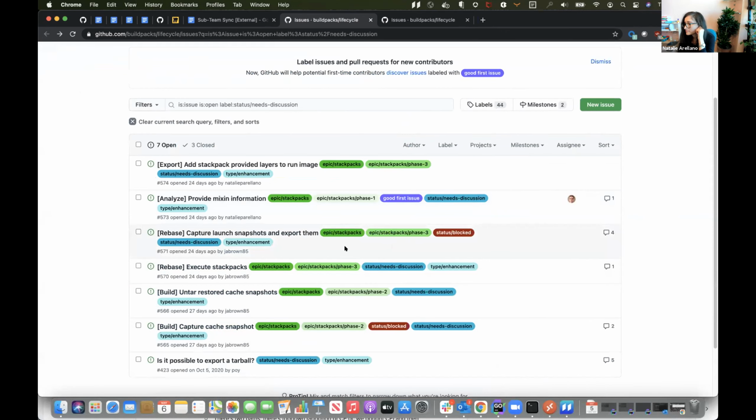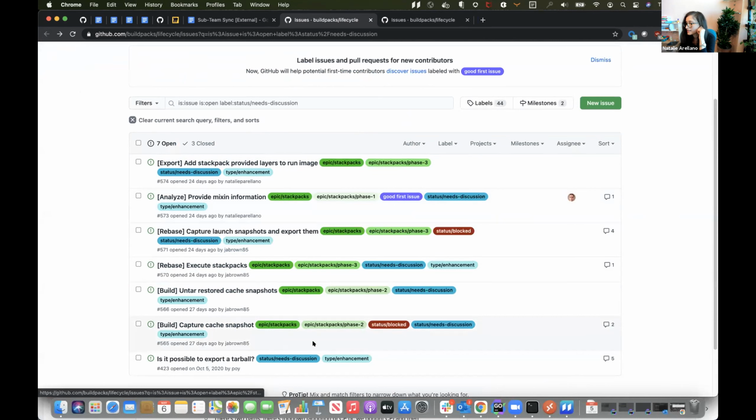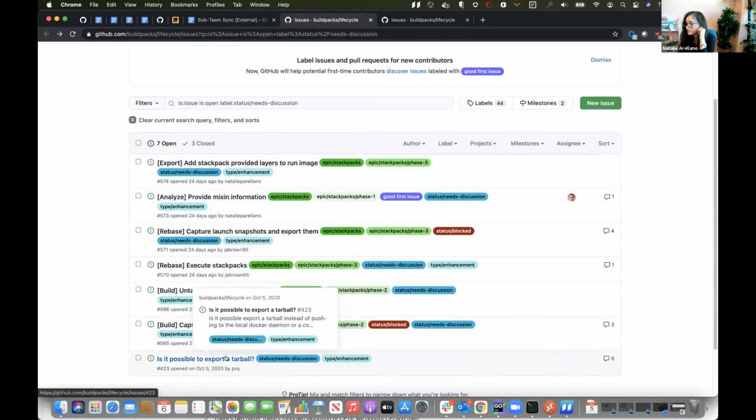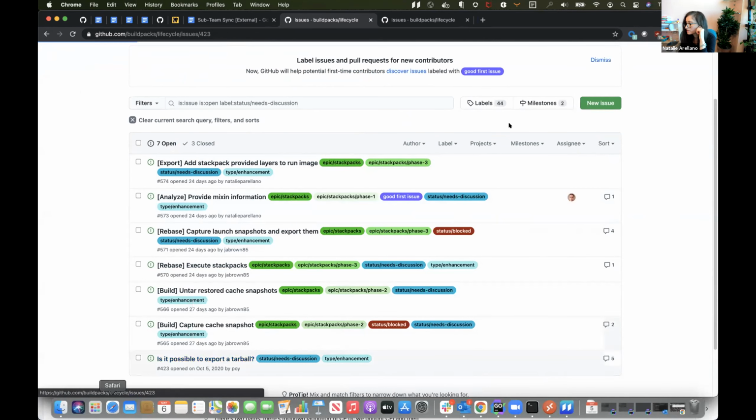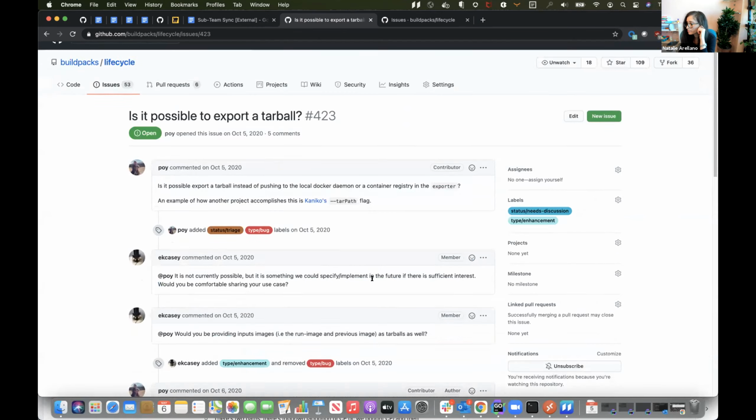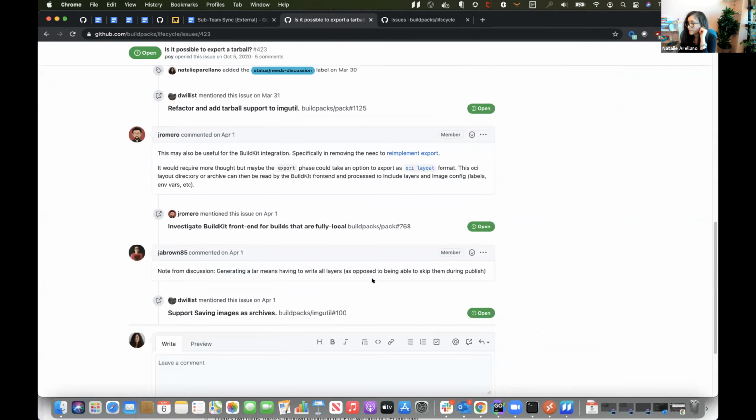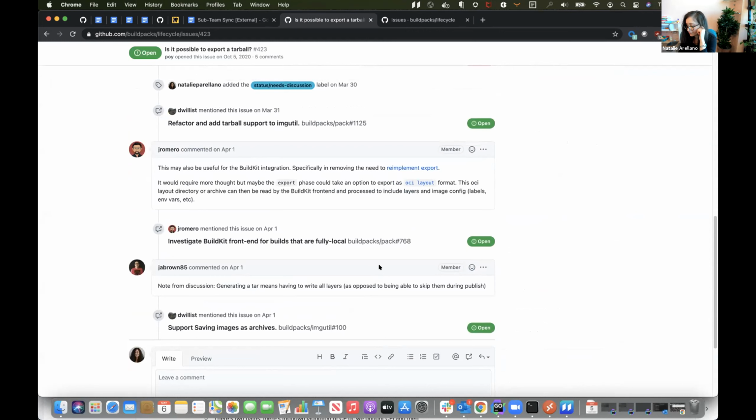And I think if we just ignore the other stack pack ones for now, we were kind of leaving this one open because of the ongoing exploration around BuildKit. I don't know if everyone saw Eric's presentation, was it last Thursday or Thursday before? It was great.